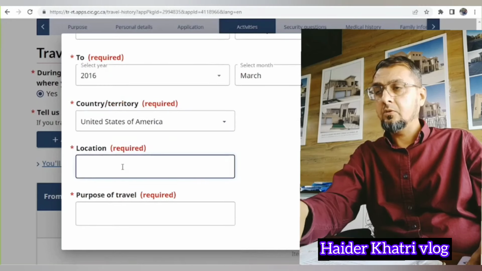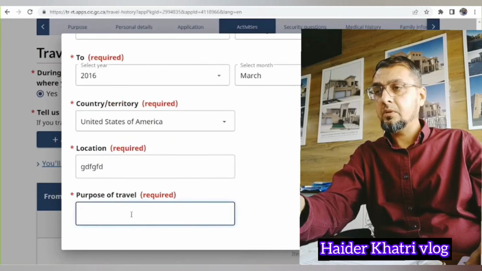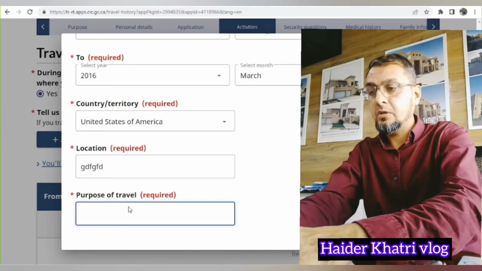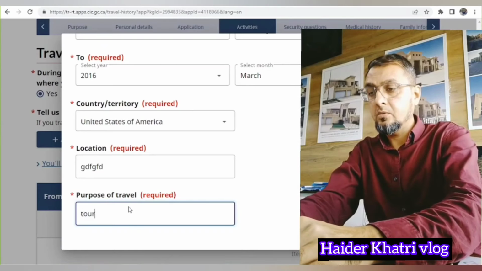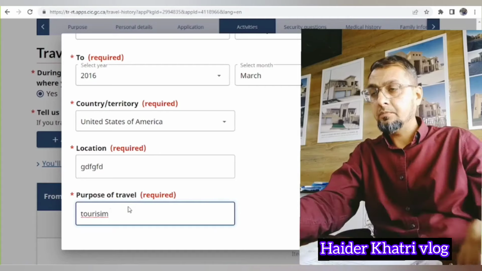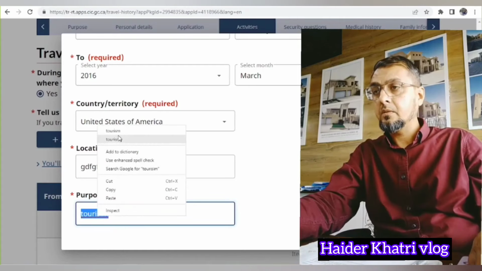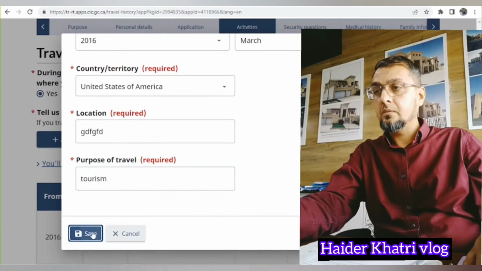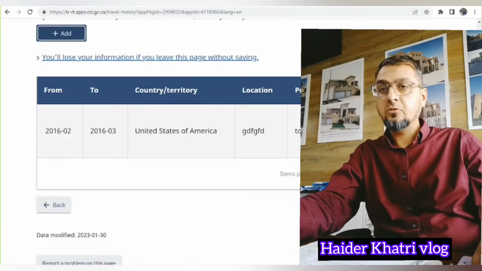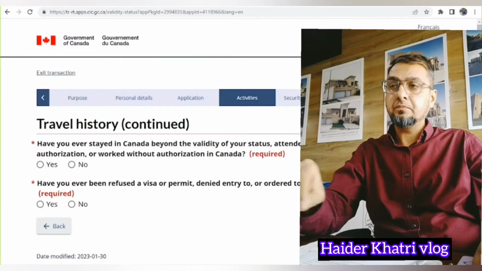Wherever you traveled, you have to write the purpose of your travel. Tourism. Add. You can fill in as many as you want here.